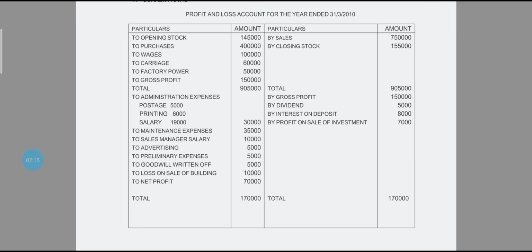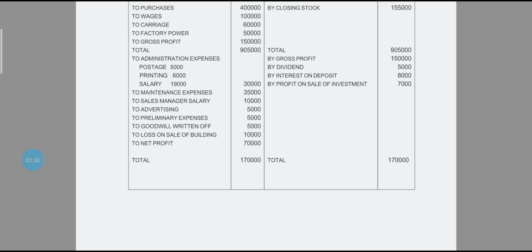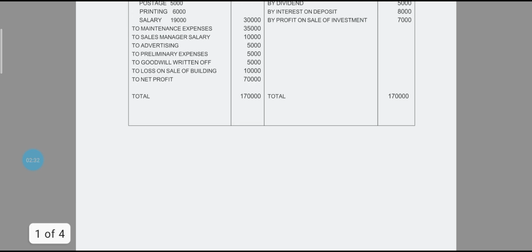Coming to the credit side, the gross profit 1,50,000 as brought down, by dividend 5,000, by interest on deposit 8,000, by profit on sale of investment 7,000. So total 1,70,000 is there. And coming to the balance sheet,